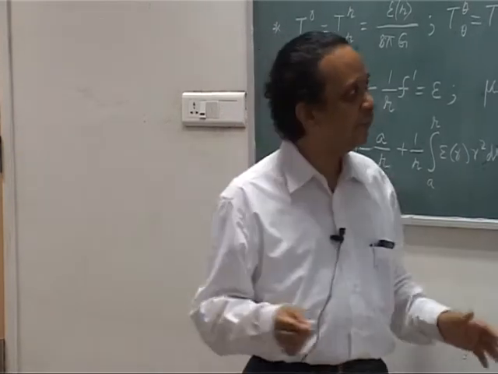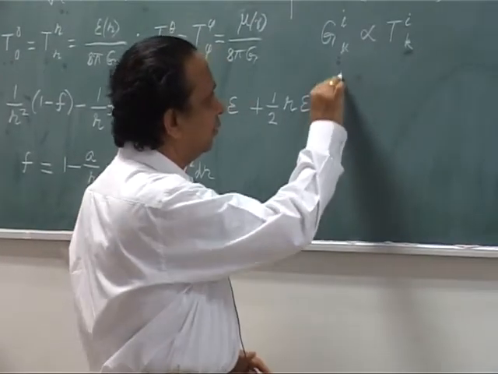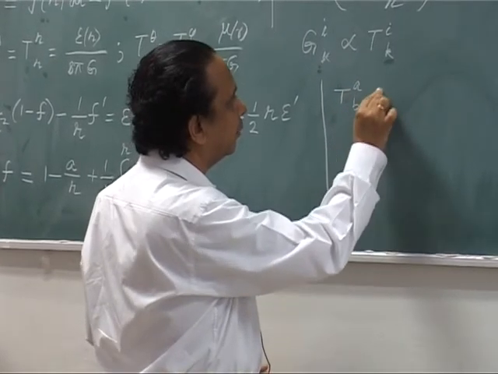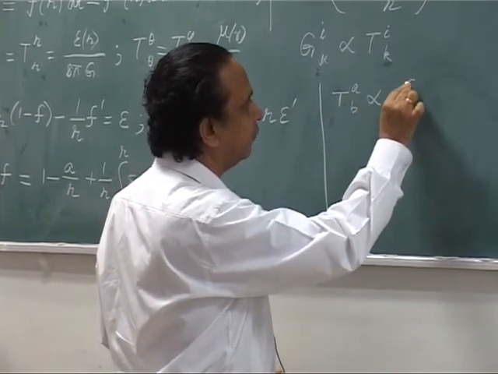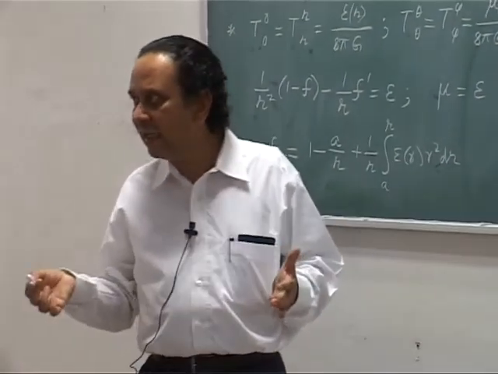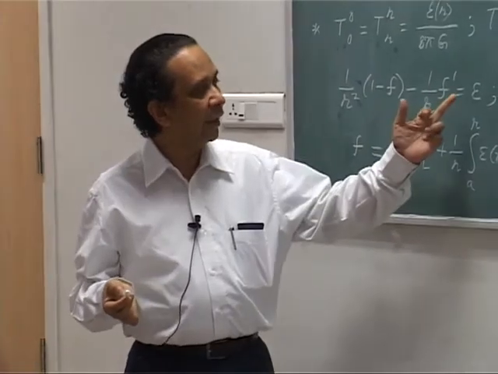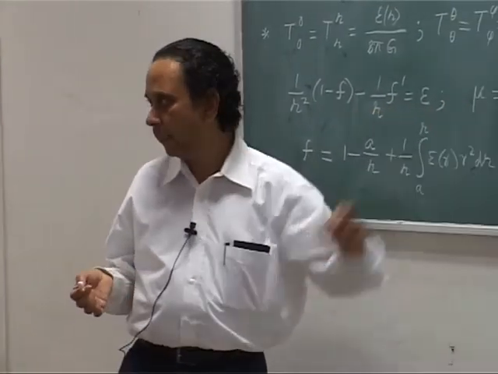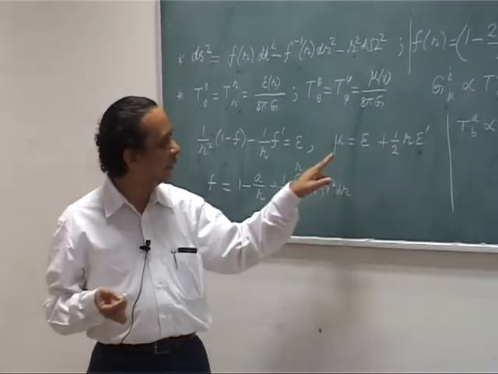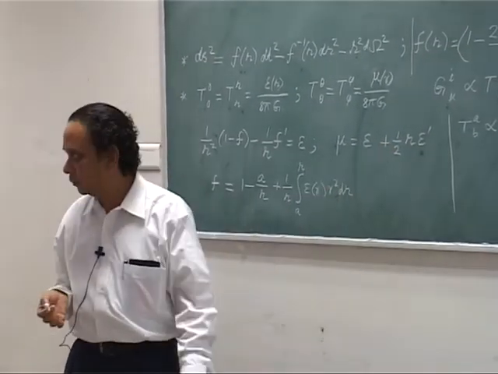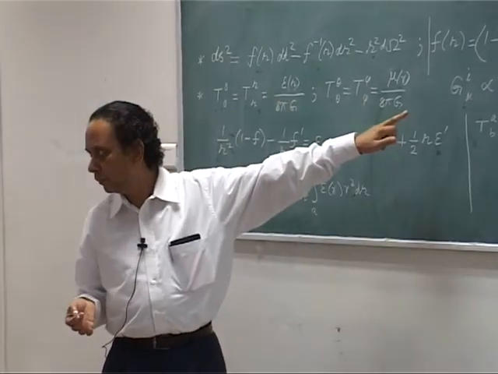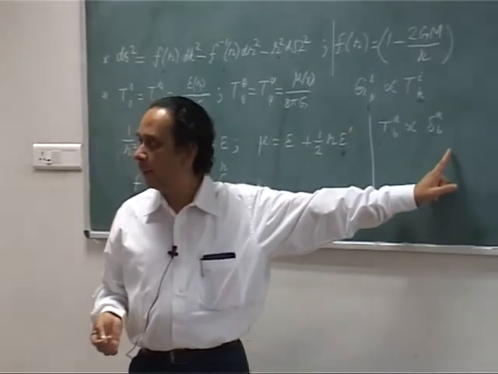All of them had the form of energy momentum tensor, which was like T_AB proportional to Kronecker delta AB, right, with some constant here. So essentially that means you are going to have epsilon to be a constant. If I take epsilon to be a constant here, this goes away and it immediately tells you mu is equal to epsilon. So mu is equal to epsilon makes this entire thing diagonal, which is precisely what you have.